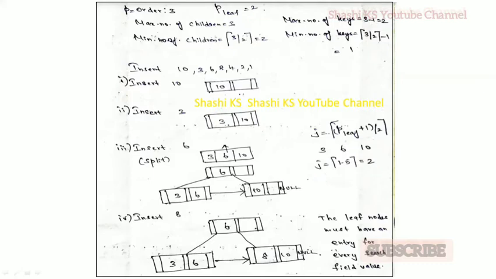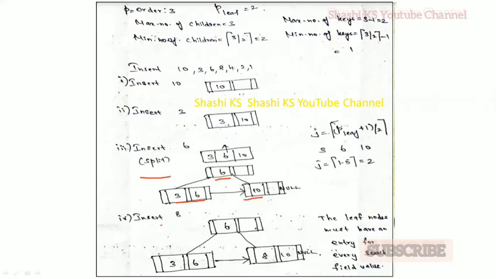Which means the first j entries are kept in the same node and the remaining entries are moved to a new node, and the jth value is replicated in the parent node. So that's why the first j entries, that is the first 2 entries, are kept in the same node. The remaining entry is moved to a new node, and the jth value, which is the second value, 6, is replicated in the parent node. So whenever you do a leaf node split, we need to replicate the jth value in the parent node. But if you are splitting the internal node, you don't have to replicate the value. You just have to move that value to the top. Okay, so there is a split when you try to insert 6.